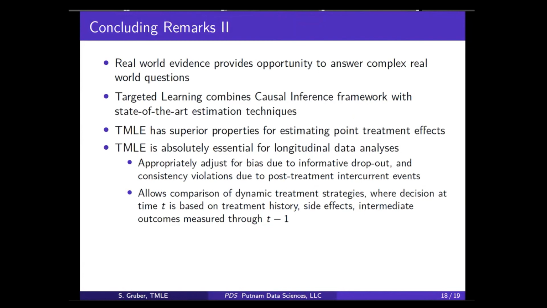There's marginal structural modeling, but again, that brings you back to a parametric modeling world that you might want to avoid. There's some other G computation methods, but they might not be flexible when it comes to superlearning. And so I think that TMLE is going to be the right balance for longitudinal data analyses. But you have to use something more sophisticated than just a Cox model, unless you don't mind the bias.